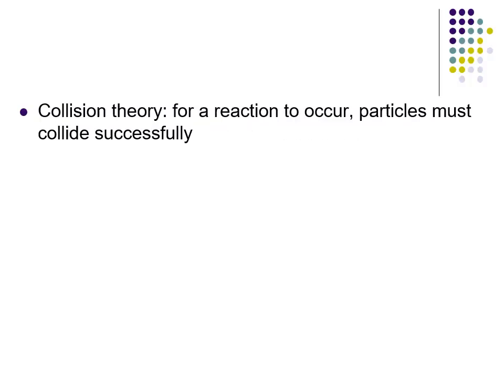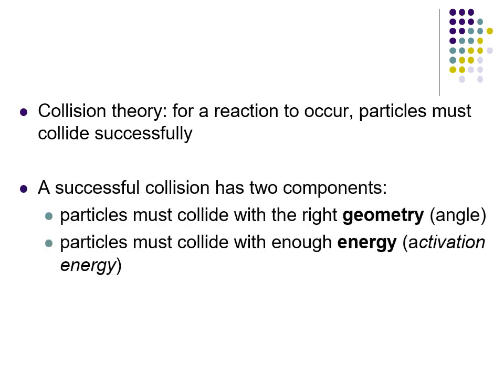So collision theory is essentially saying that for a reaction to happen, you're going to have these particles collide with each other successfully. In order for this collision to be successful, there's two things that have to work out. One of them is the geometry, so it has to have the correct angle. You can think of a molecule, it could be turned in different ways. It has to be facing the right direction when it collides with the other one. And then the second one is there has to be enough energy in the collision to get that to happen,